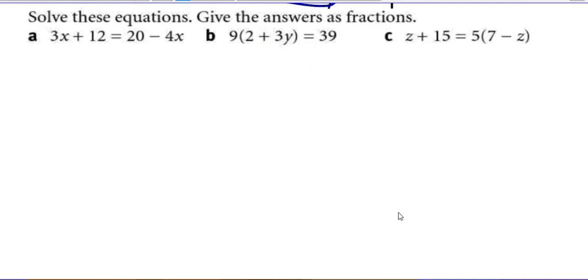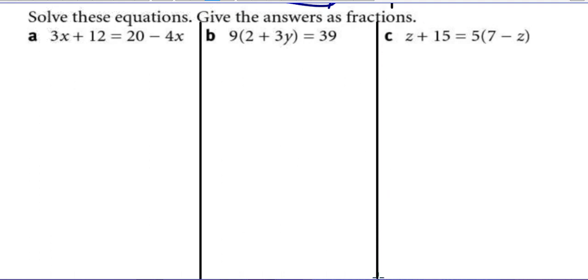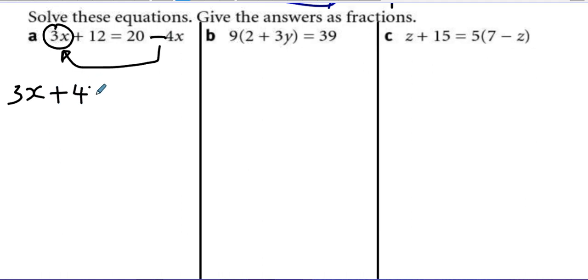All right, let's go to the next questions. We have: solve these equations, give the answers as fractions. So collect like terms. 3x, negative 4x. So this negative 4x will be here. It will be 3x plus 4x equals,